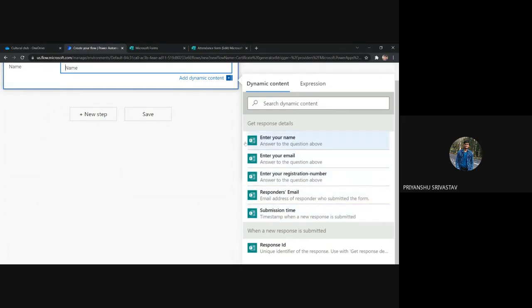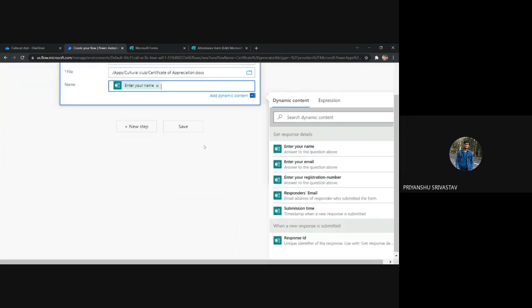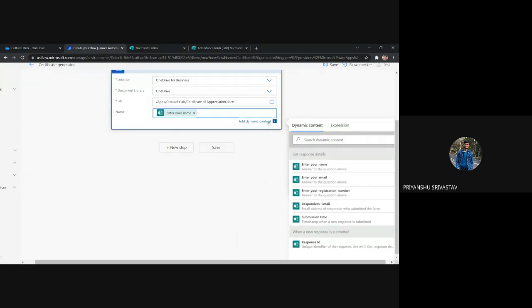So for giving the name, we have to give the answer to the enter your name question. You can see that the dynamic content has appeared here. So we have populated the Word document, and finally we have added the name of the responder of the form to the Word document.